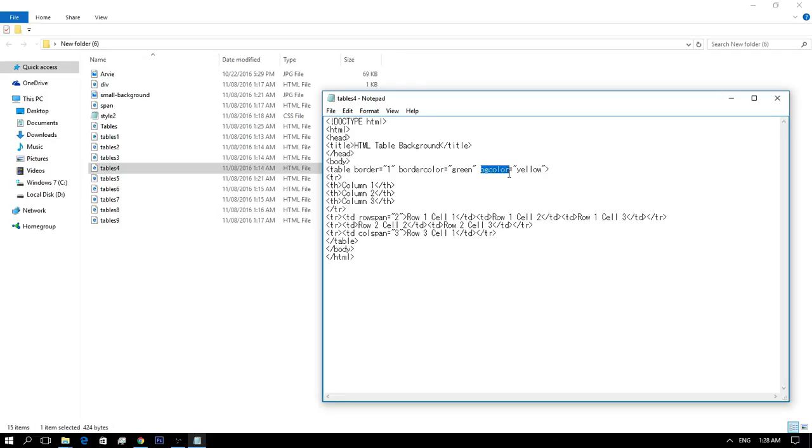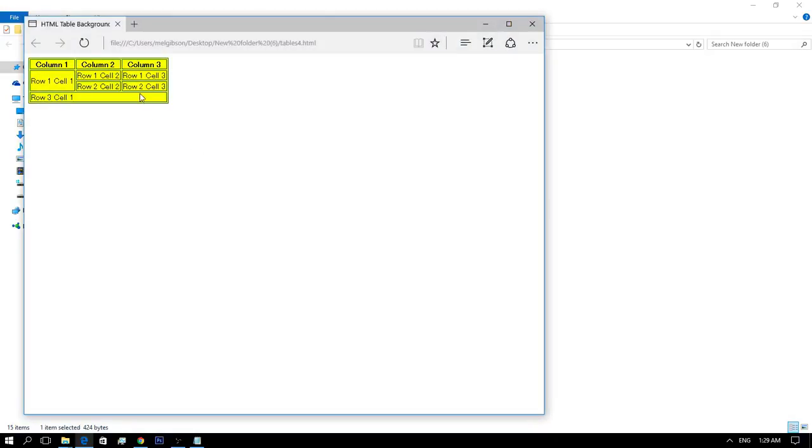With the background attribute, you can set a background image for the whole table or just one cell. You can also set border color using bordercolor. So if you run this in the browser, you will see the result.